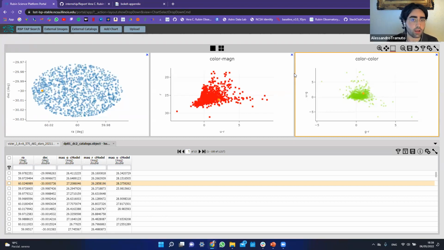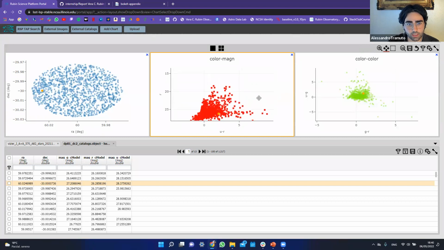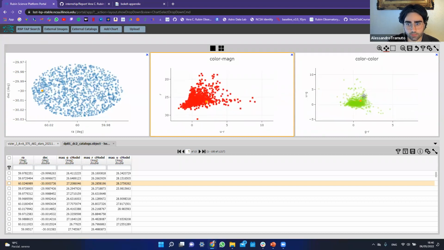There's another way to apply filters to select some data. The first one, as I showed you, is by using the table, but you can also do that directly on the plots. You can use these buttons on the upper right. Just to let you see very quickly, you can do many things. For example, using the pan button, you can move the plot, and you can do that for all the plots. You can use the zoom button, but the one we're going to work with is the select button, which is